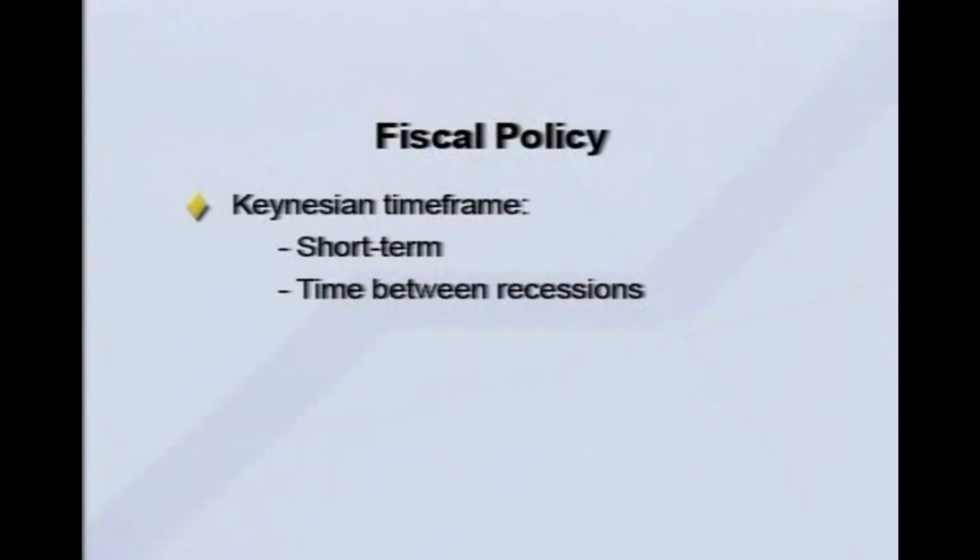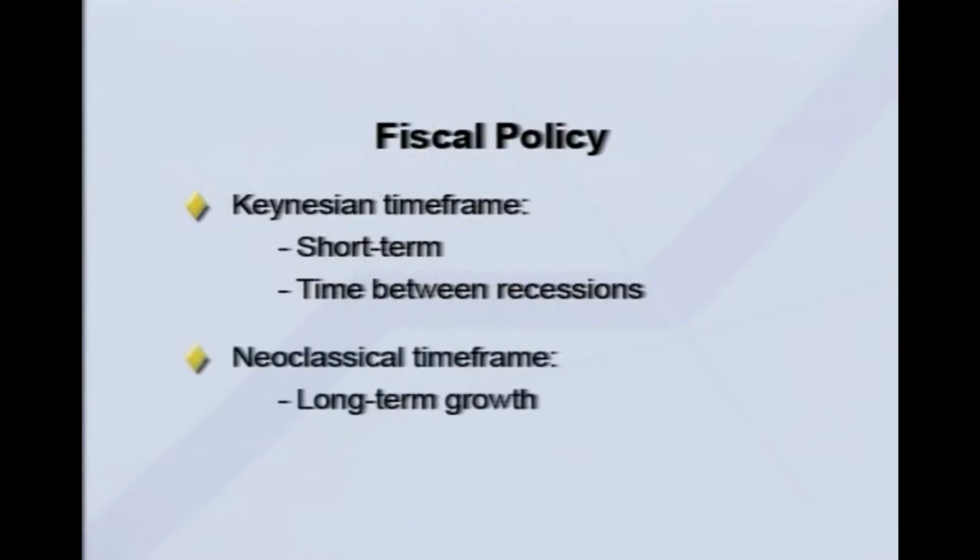I'm hoping that in these last few lectures you've been noticing a developing pattern of thinking about macroeconomic issues in two different time frames. A Keynesian time frame, which is a relatively short time frame of a few years, kind of the time between recessions, and a long-term time frame, which is the right neoclassical framework for thinking about long-term growth. The next two lectures we're going to think about fiscal policy using these two different time frames. We're first in this lecture going to focus on the short term, which in this context means a few years,